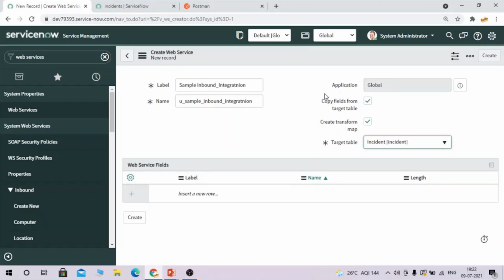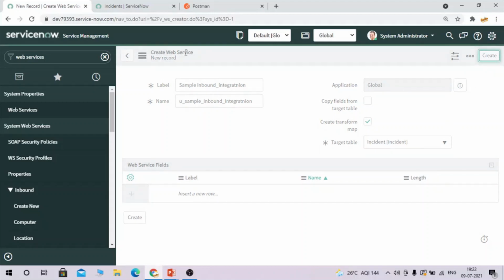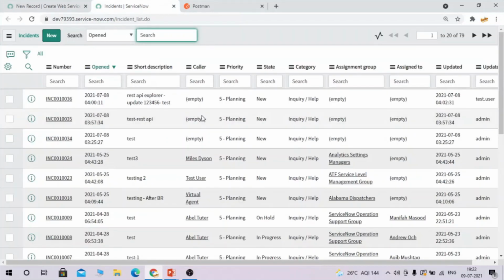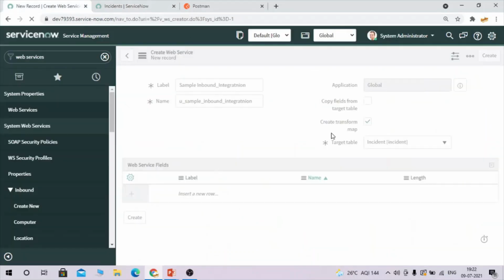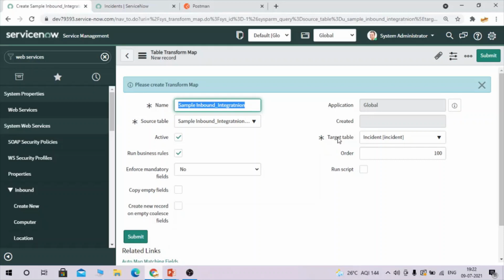If you want to create them yourself, you just uncheck it and create it, and whatever fields you want to map in the web service, you can create yourself. I have created it without selecting it.